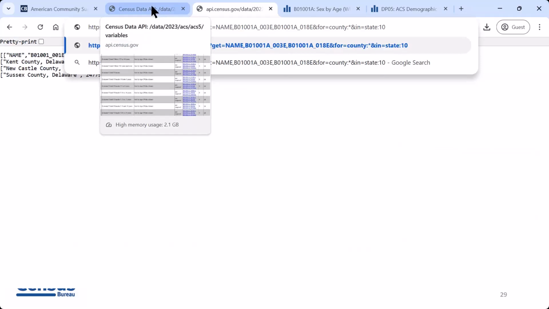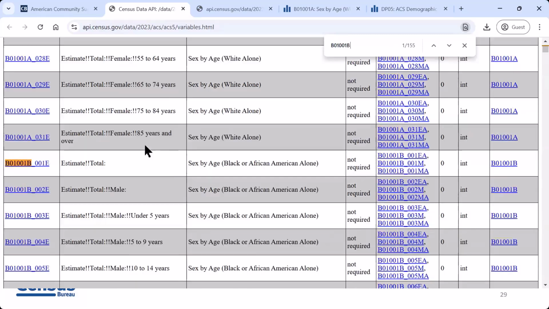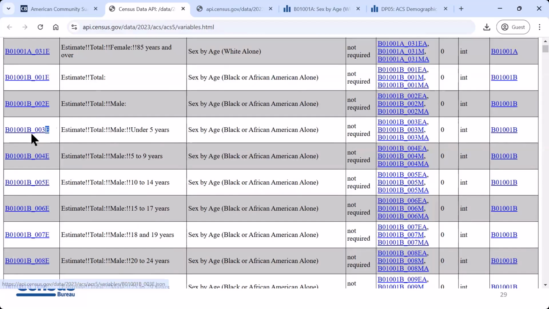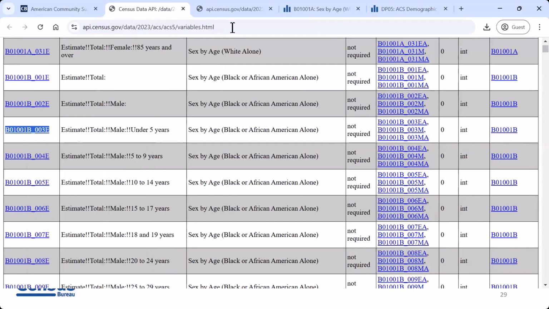population. So back on our variables page here, we're just kind of working through the same steps again. Now we're going to look at B01001B, which is that Black or African American alone population here. And the variables do look quite similar here. So this time, the only difference between the white alone and black alone population was we went from the A iteration here to now the B iteration within the table ID. So I'll copy that variable here for the male under 5 population,